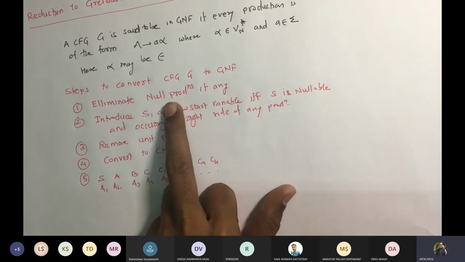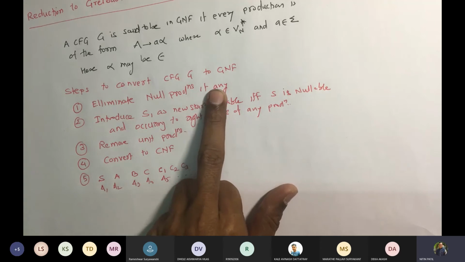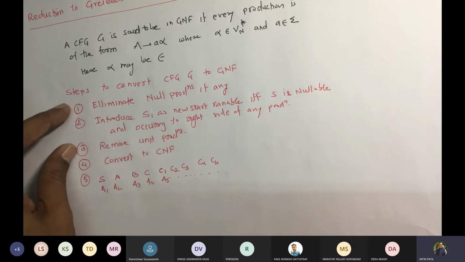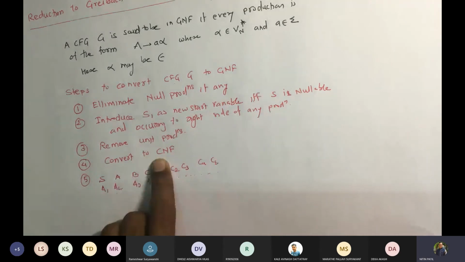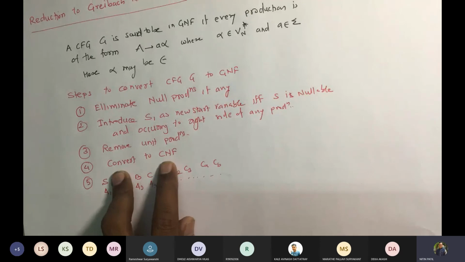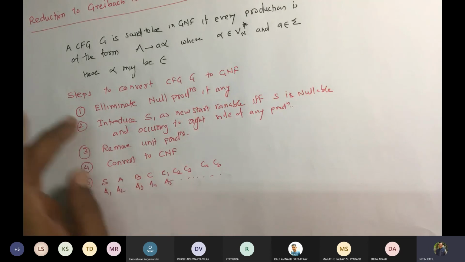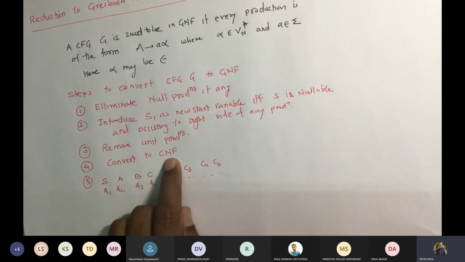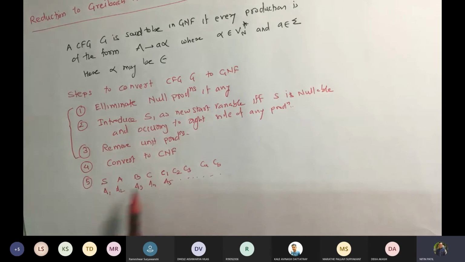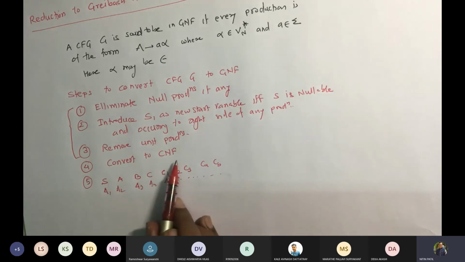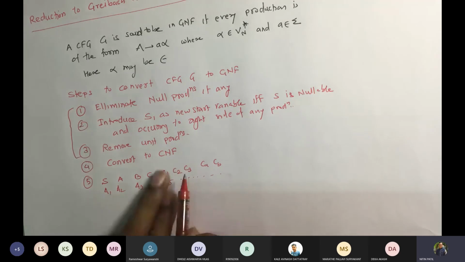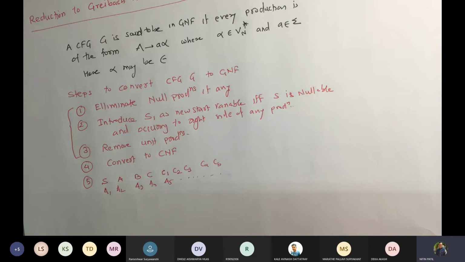Now, first thing that you have to do, eliminate null productions if any. If no null productions, try to see whether there are unit productions. If either of these are not there, directly jump to conversion to CNF. Because if you recall, we said that if grammar is to be converted to CNF, then it should not have either of these. So we have to apply these stages ultimately to CNF. So you may discard this and you may say, I will first start with this, convert to CNF. And we already know that these are the three steps for CNF conversion. And then later we do talk about CNF mechanism to control how many variables should occur to right hand side. Is that okay?